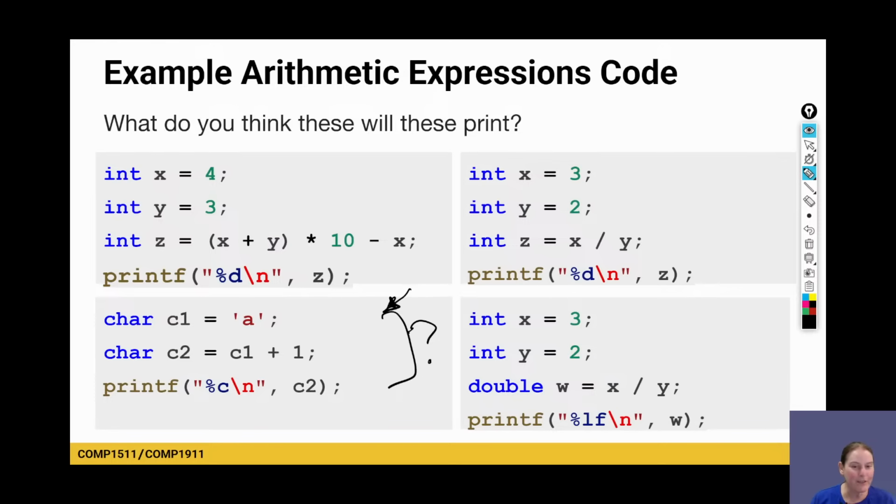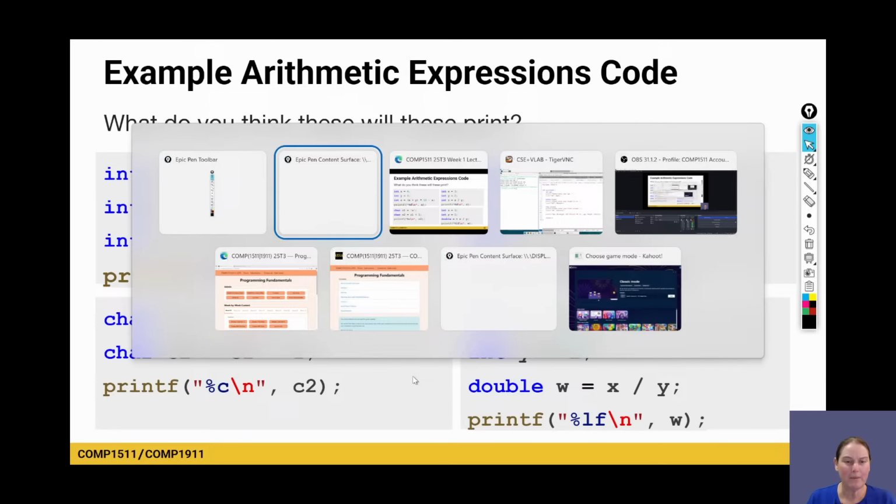I'm seeing quite a few numbers, and it depends what programming languages you've done before, potentially, if you've done any, as to what you think this might do. But keep in mind,